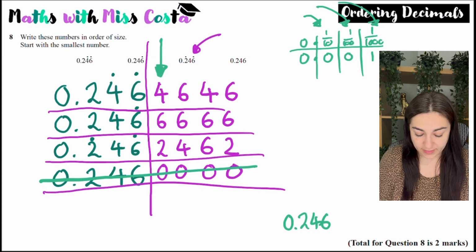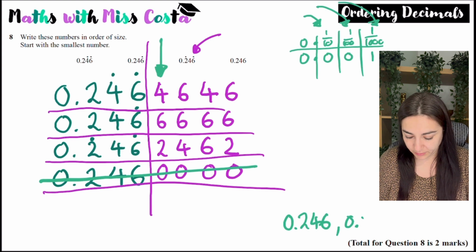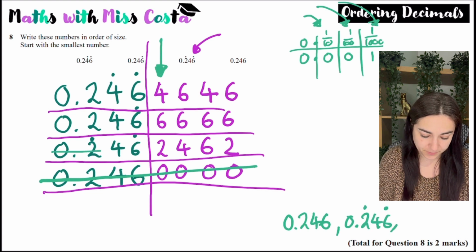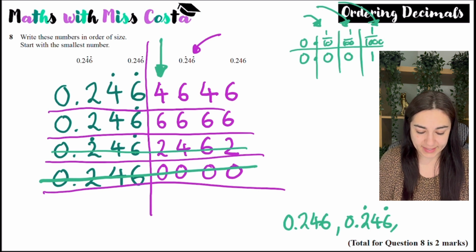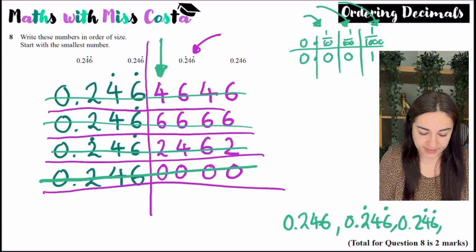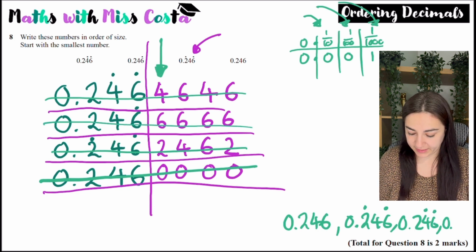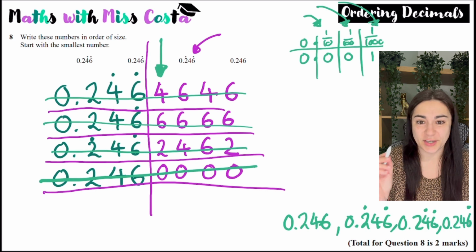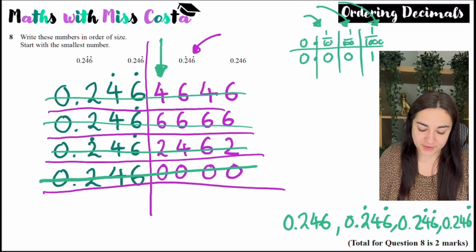Then I look in this column, and 2 is the next one. So 0.246 with the recurring over here would be the next one. And then 4 is the next smallest value. So 0.246 recurring like this. And then the last one is this one over here. So 0.246 with the 6 recurring. So just compare them, continue the decimal on, and you're looking for the smallest place value of the one that